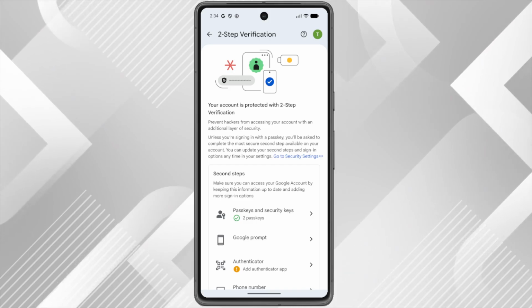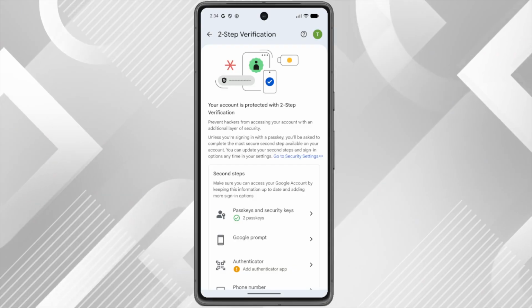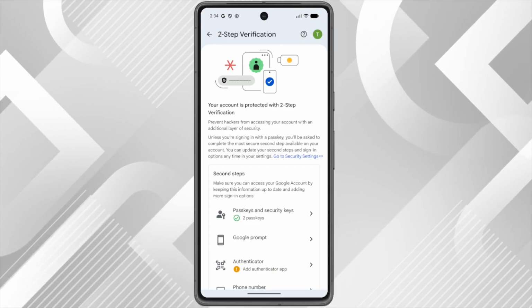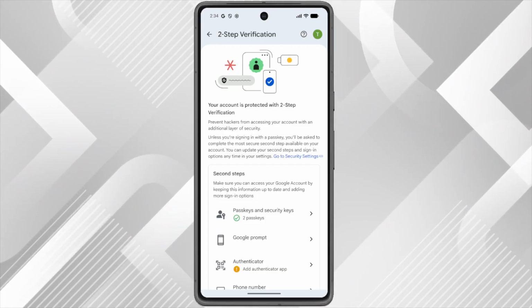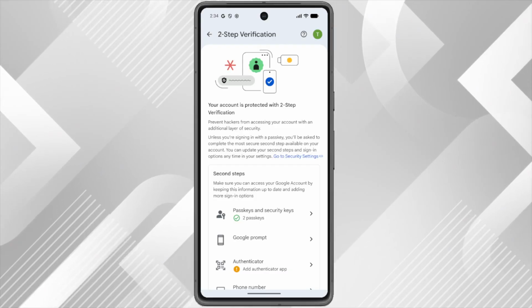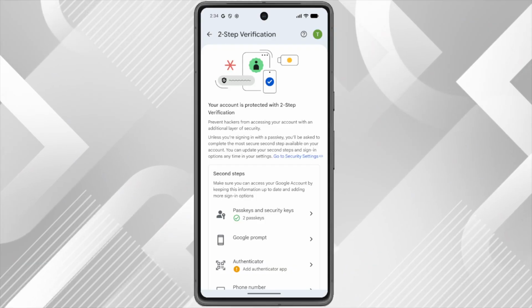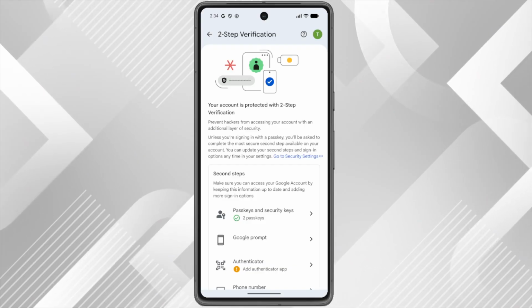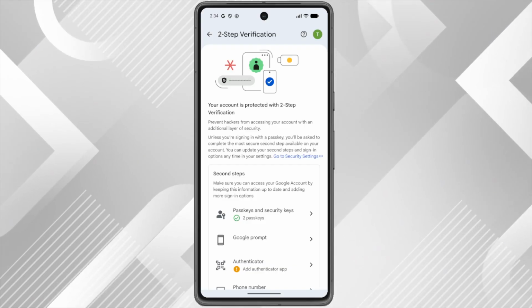A prompt window will then appear asking you to confirm whether you wish to proceed with the removal. This confirmation step is important because removing an authenticator affects how you access your account. Click on OK to proceed with the removal, and Google will immediately disconnect the authenticator from your Gmail account, and that's it. You've successfully removed Google Authenticator from your Gmail account, giving you the flexibility to use different security methods or reconfigure your